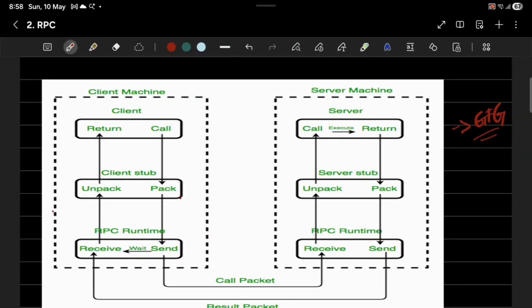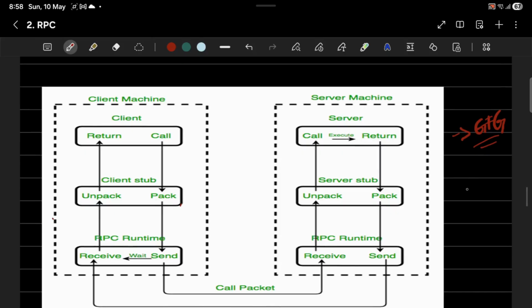We have been learning about RPC in the previous video. As I mentioned, I'll take a diagram and explain the steps in detail. This is what we call the RPC workflow diagram, and let's understand it step by step. All credits to GeeksforGeeks, I've taken this diagram from their website. Now that we have understood what RPC is conceptually,